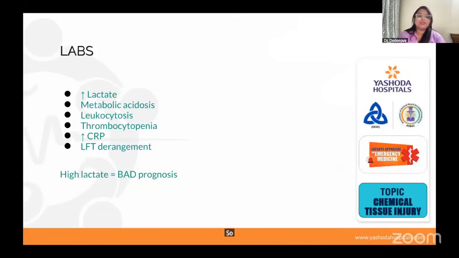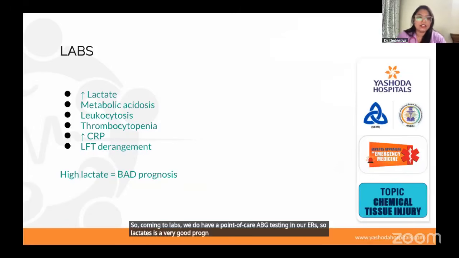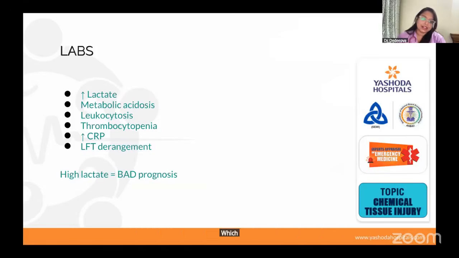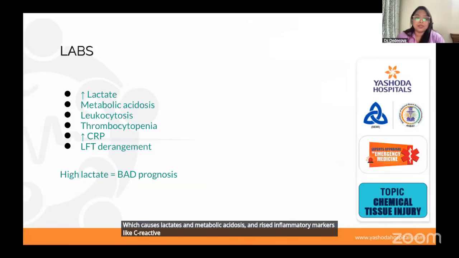So coming to labs, we do have a point of care ABG testing in our ERs. So lactate is a very good prognostic marker. The higher the lactate, the worse the prognosis. Why increase of lactate? Because at cellular level, hypoxia is happening and there is tissue necrosis, which causes lactate and metabolic acidosis. And raised inflammatory markers like C-reactive protein or WBC shows that there is some acute inflammation in the